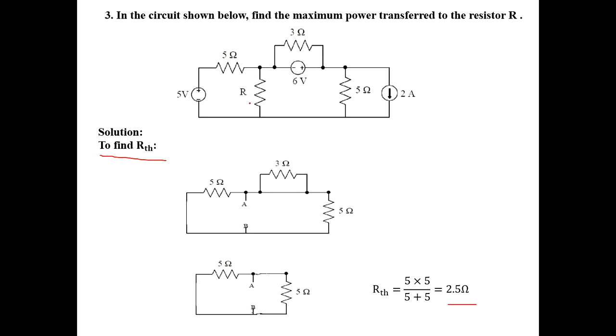To calculate this VThevenin, in this circuit, here it is a voltage, this is also a voltage, here it is having a current, and this current is parallel with the resistance. We can easily convert this into a voltage. By source transformation, we can convert this current into a voltage. V equals I into R, Ohm's law. We know the R value, we know the current value. V equals I into R, 5 into 2 which is equal to 10 volt.